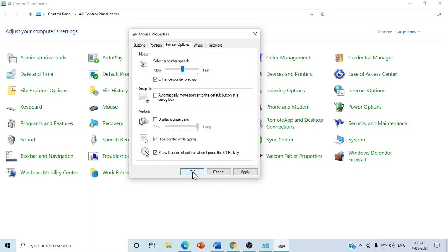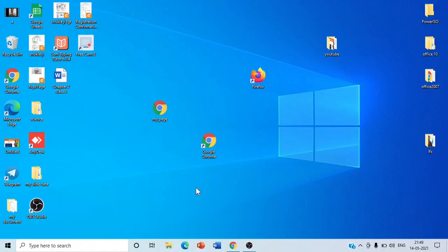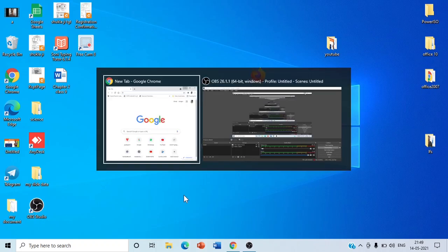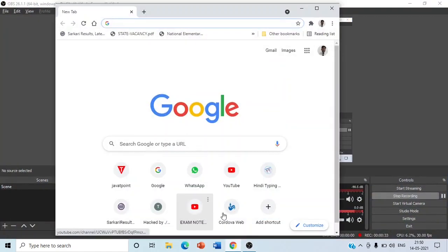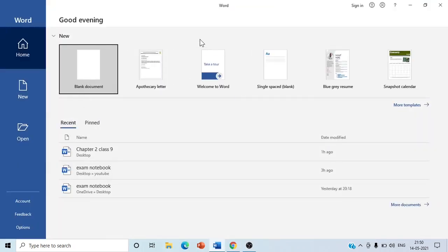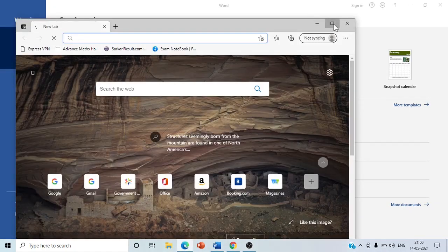I hope you understand. Okay, now students, we will learn how to switch between the windows. This feature is known as flipping of windows. For this, you have to click on the Alt button on the keyboard and along with the Alt button you will click on Tab. Then you will see all applications which are open on your computer. For example, we have also opened Microsoft Word, and we have also opened Microsoft Excel.